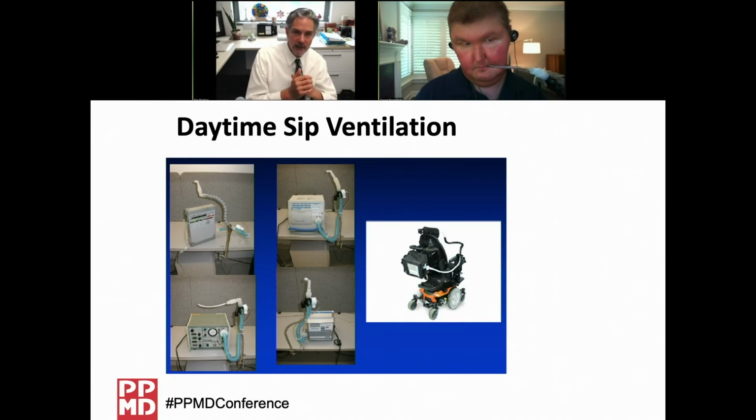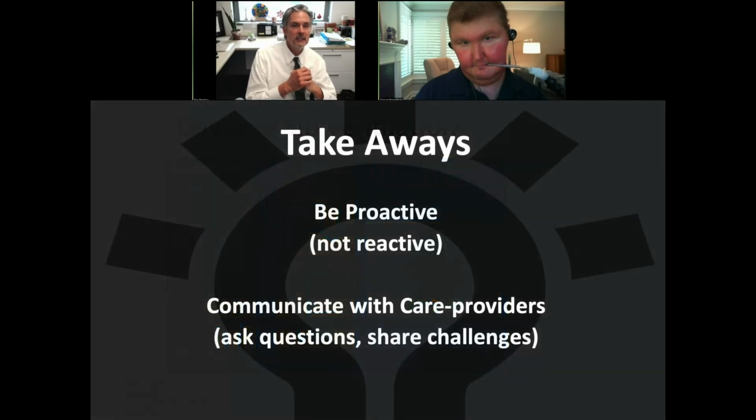And if you look behind either the chair or the wheelchair that Varun and Conrad were using, you would see the ventilator and the mouthpiece that allows them to take that deep breath and stack breaths when they want to. Next slide. So our real big takeaways are be proactive, not reactive, have the pulmonary function test monitored, share your